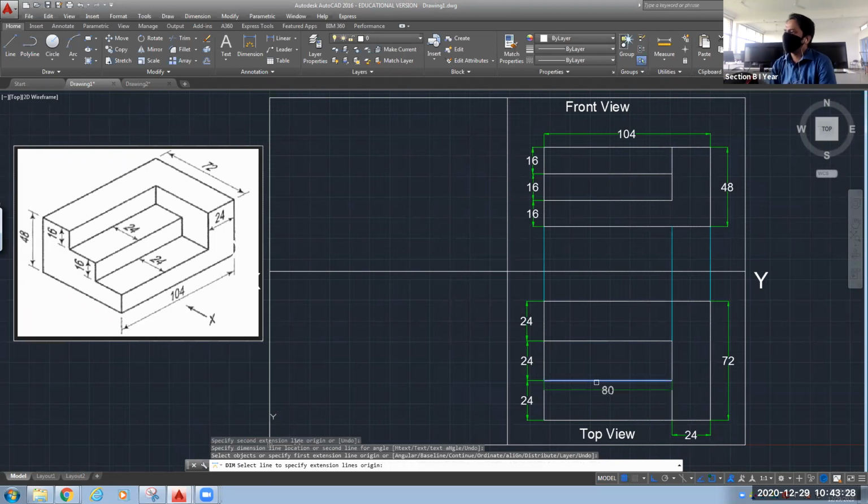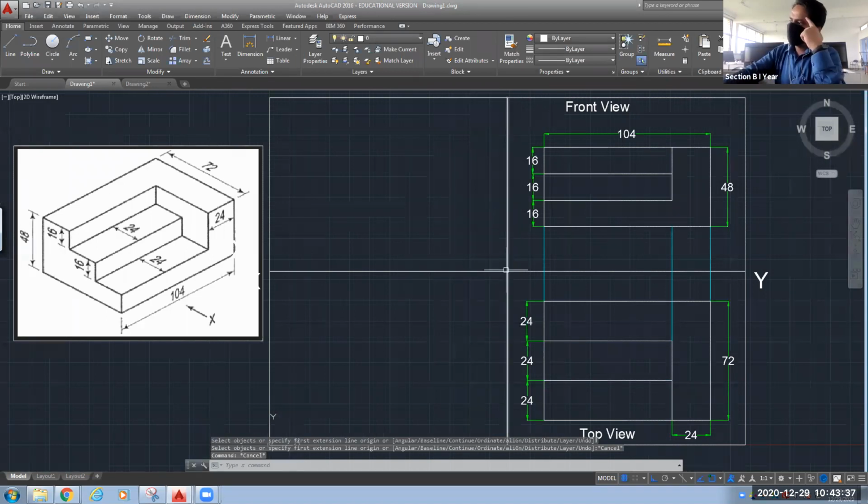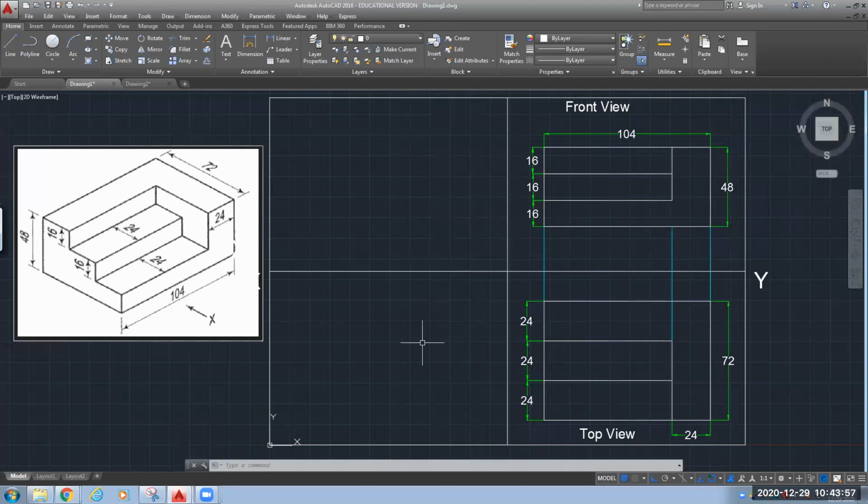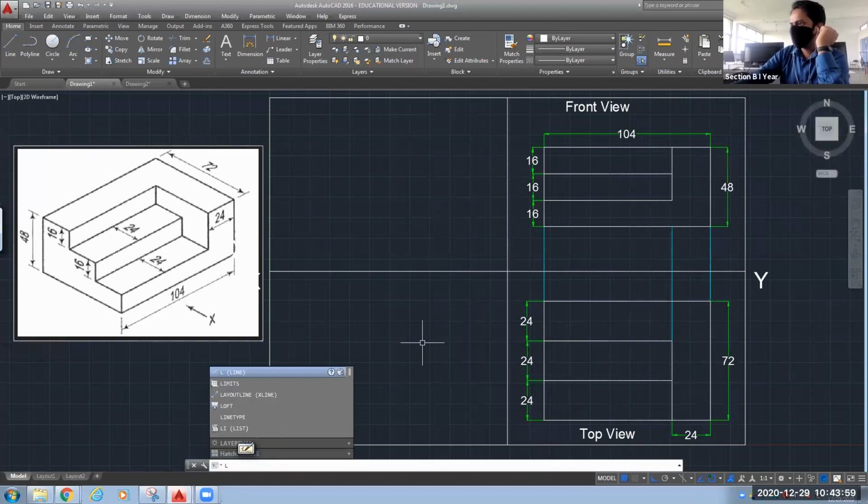Now we will see how to draw your side view. Okay, for this I need one line segment making an angle 90 plus 90, 180, then 45. 180 plus 45, how much it will be? 225. Am I correct? Yes. So go for line. Let's see how to draw.